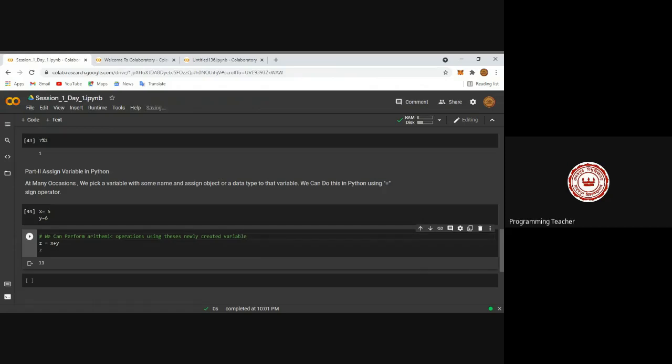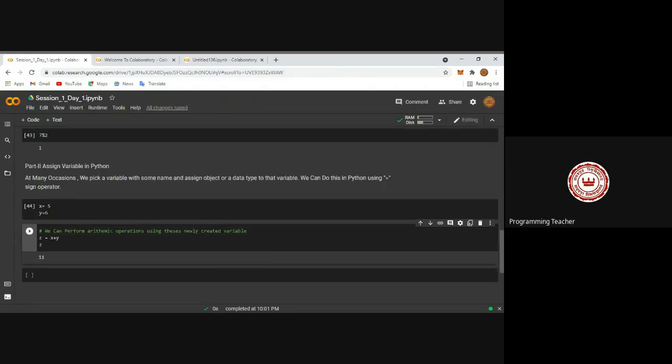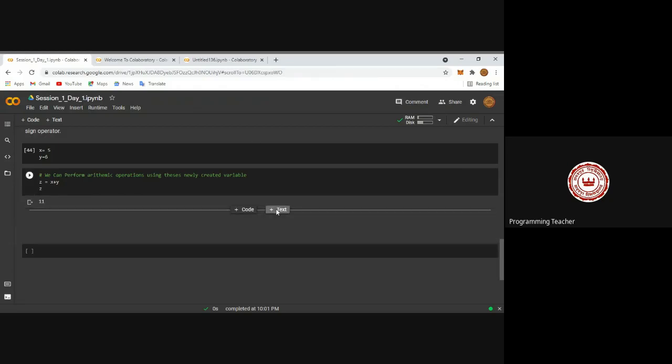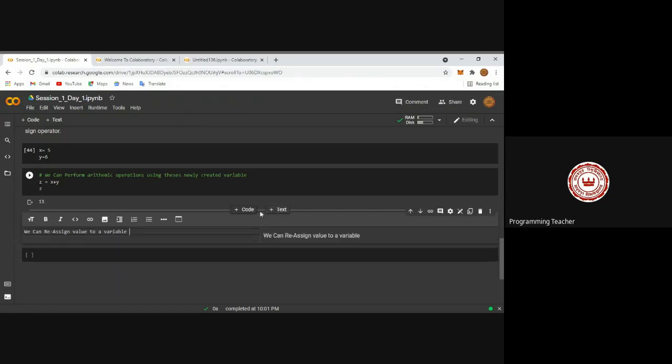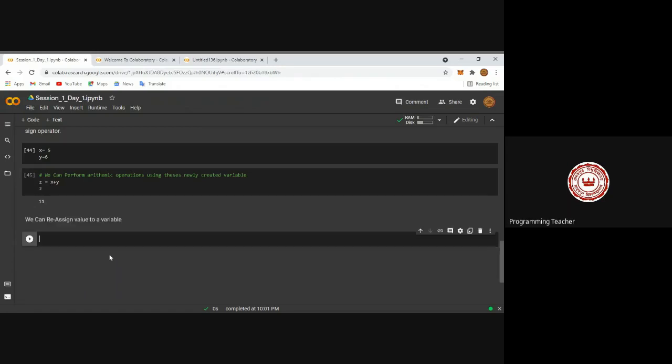It's so easy. We can reassign value to a variable. Next part, I'm going to show you we can reassign value to a variable. Example, what is my value of x? 5.